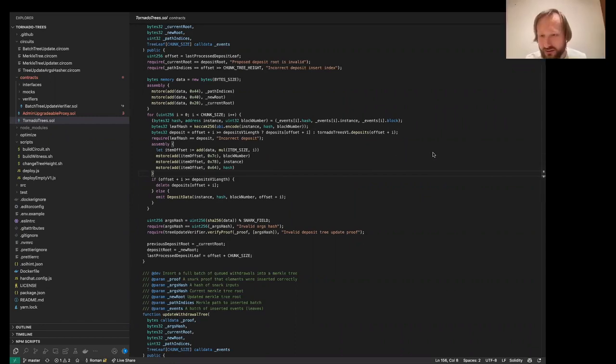Oh, I see a follow-up question. That's right, the tree cannot grow. Oh yeah, we have to redeploy because if the Merkle tree is full, the next transaction will just fail. We will be unable to insert any new elements. So we need to deploy a new smart contract.